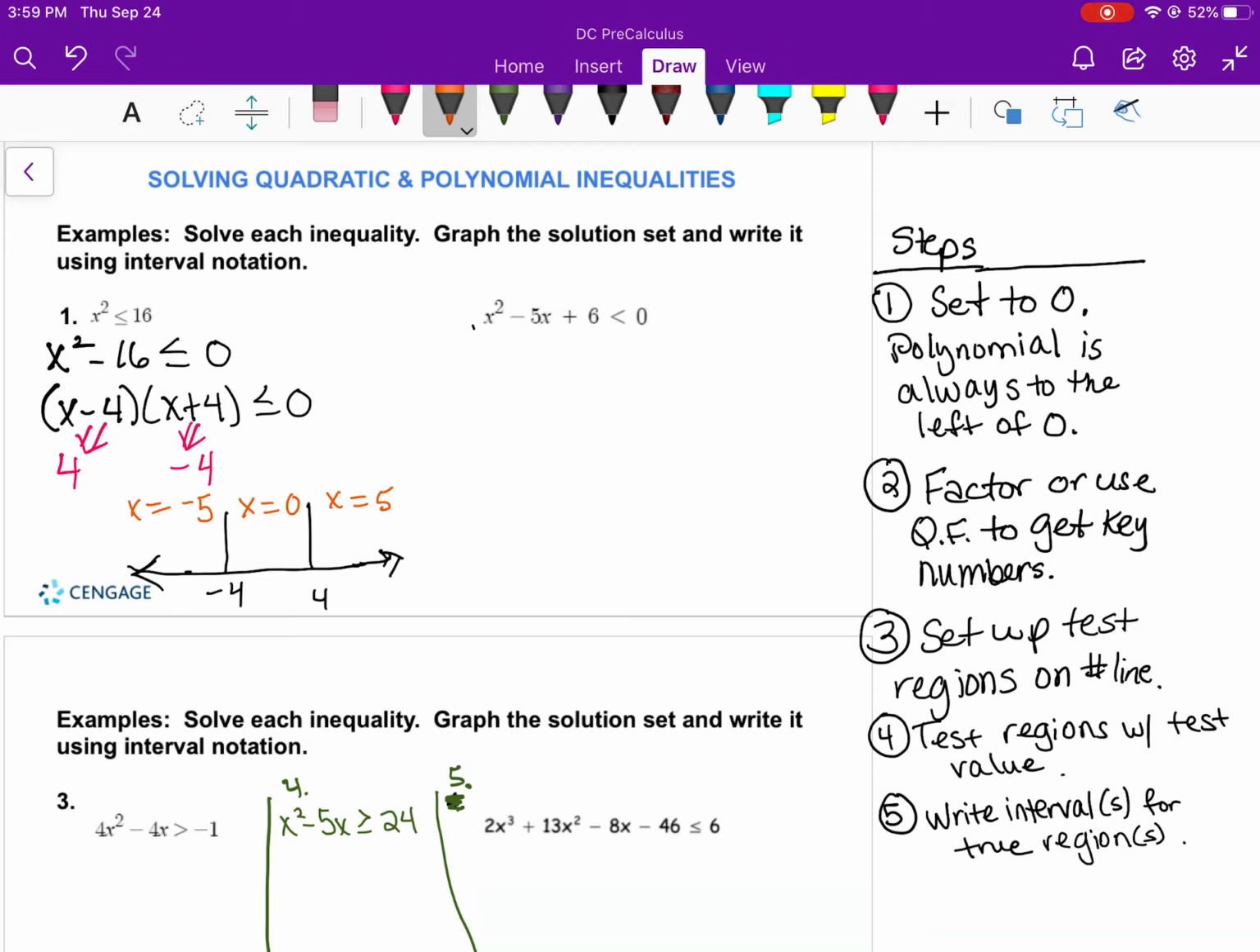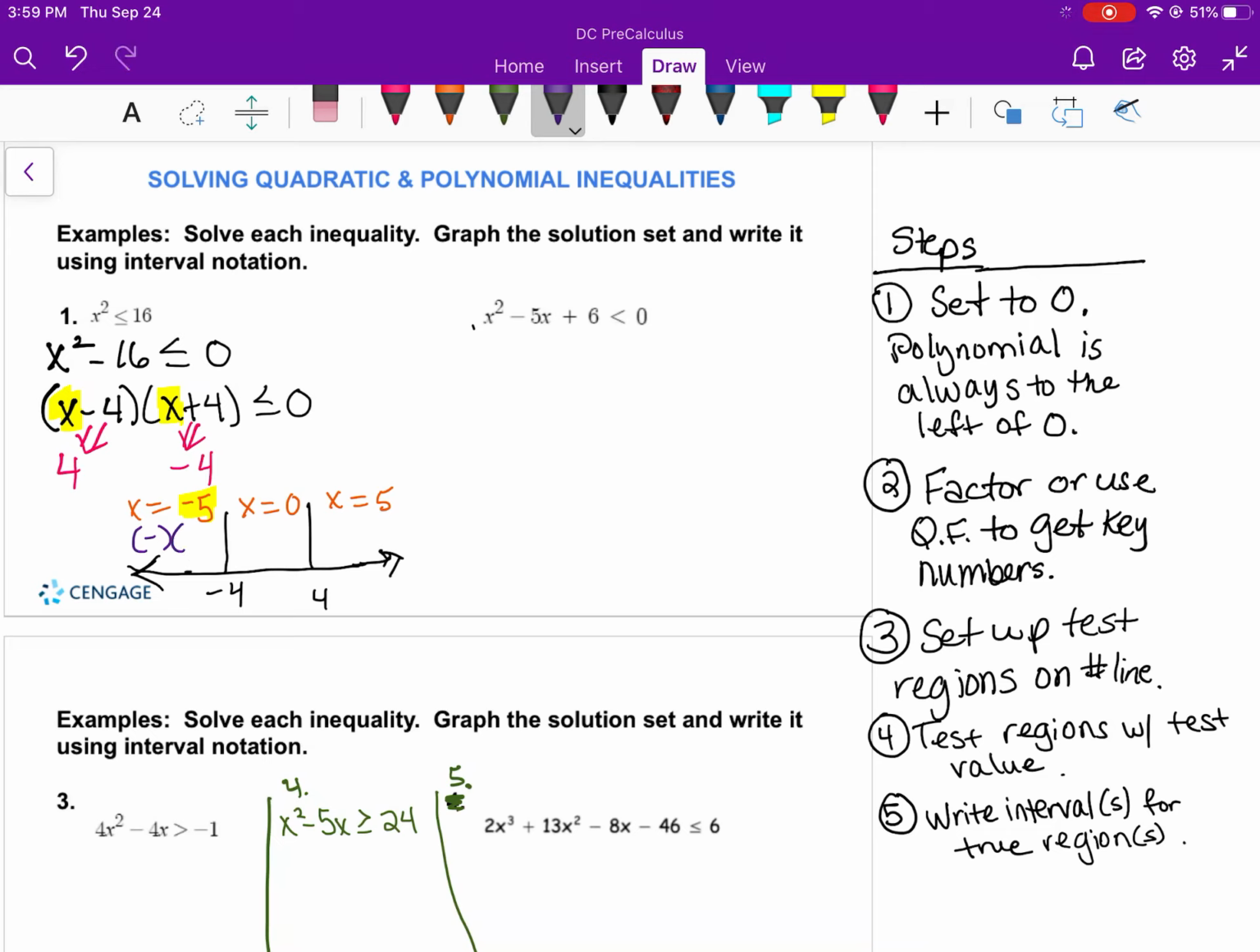From here, I'm going to take my negative 5, and I'm going to put it right here and right here. I'm going to put it in for x. And I'm just going to talk about the sign of the result. So when I put in negative 5 first, I get negative 9. That's a negative number. And then when I put negative 5 in right here, that gives me a negative 1,